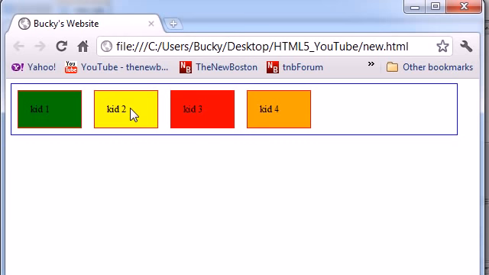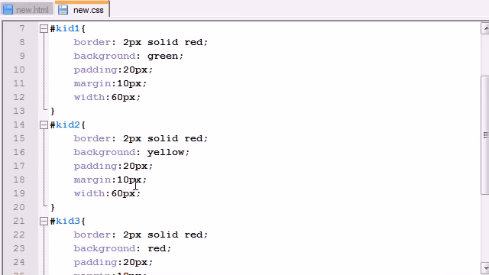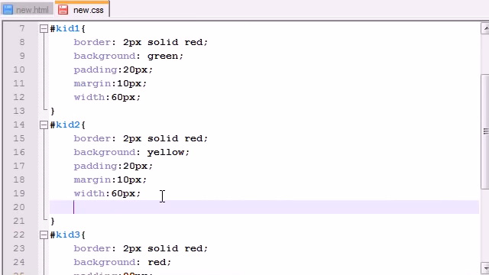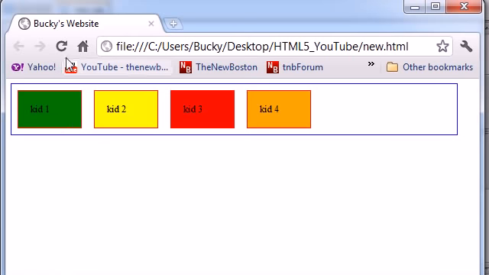Now say we want kid number 2 to be flexible and kind of push all these to the side. So what we can do is go up to kid number 2 and add that property called WebKit box flex. Now I believe we used this in our very first example, and remember, when we give it the property of 1, it pretty much flexes to take up all the available space. 0 means not flexible at all. I think it's 0 by default, but if we give this 1, take a look at what happens when we